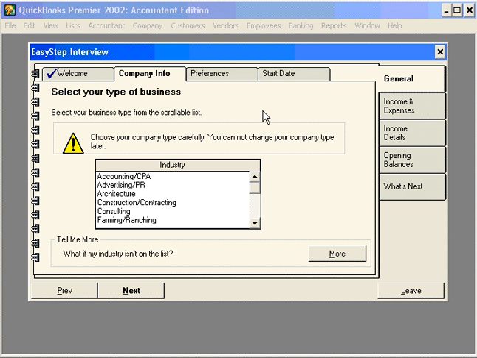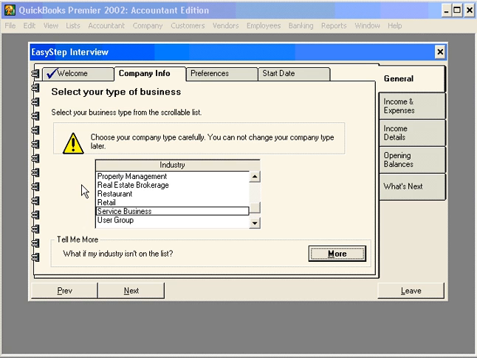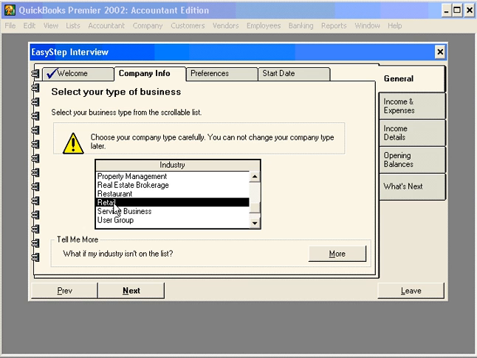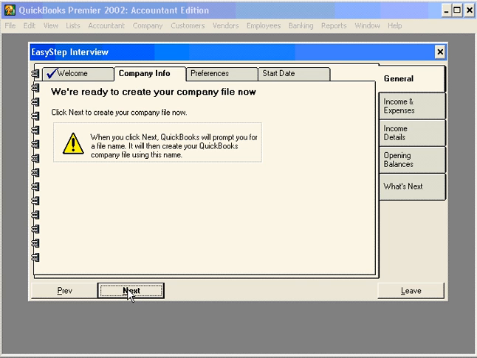Okay, here is where we're going to begin to tell QuickBooks a little bit about our business. By telling QuickBooks about our business, it helps the software set up our chart of accounts and some other preferences. Super Support is a retail business. So we're going to select Retail and click on Next, Next again, and now QuickBooks is ready to create our company file. Let's click on Next,